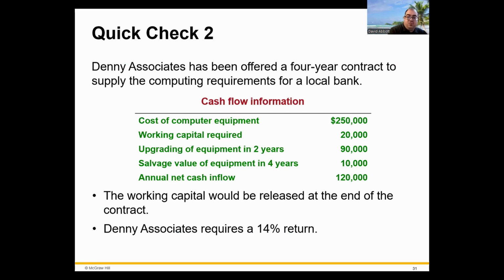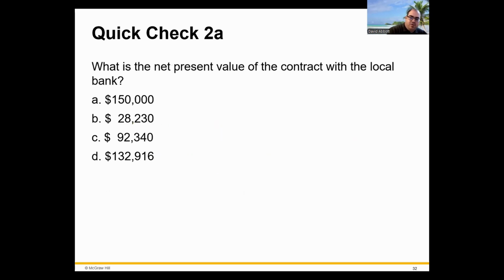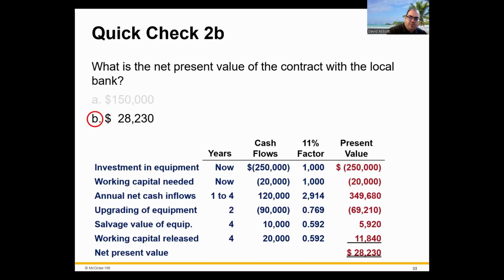So we'll look at another example. Denny Associates have been offered a 4-year contract to supply the computing requirements for a local bank. So there's the cost of the computer equipment, the working capital that's required, upgrading the system in 2 years, the salvage value of all the equipment in 4 years, and then what the net value is. And they have to have a 14% return. So we want to know what is the net present value for the bank. And for this contract, it would be